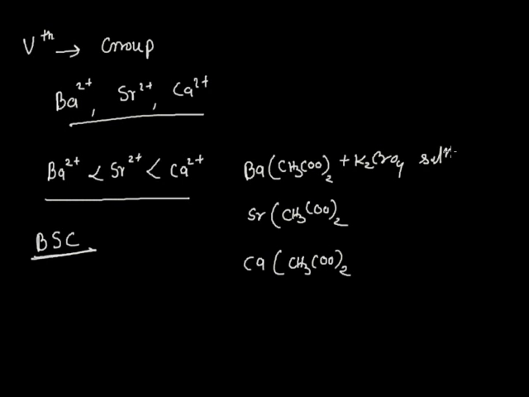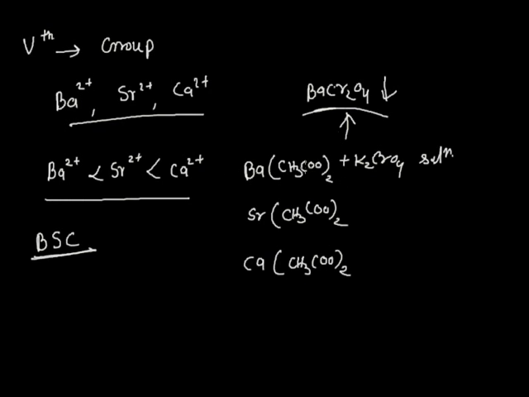If our salt contains barium plus 2, then we get a yellow precipitate of barium chromate, that is BaCrO4. This yellow precipitate indicates the presence of barium plus 2. Since the clear solution is due to the acetate, when we add potassium chromate solution,